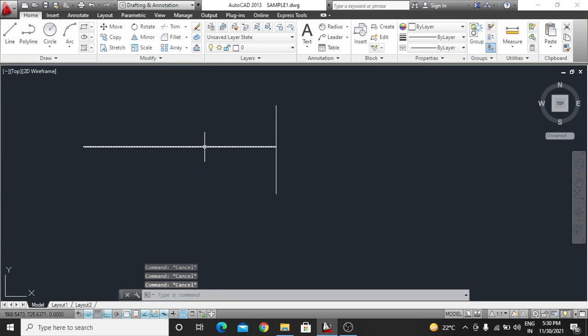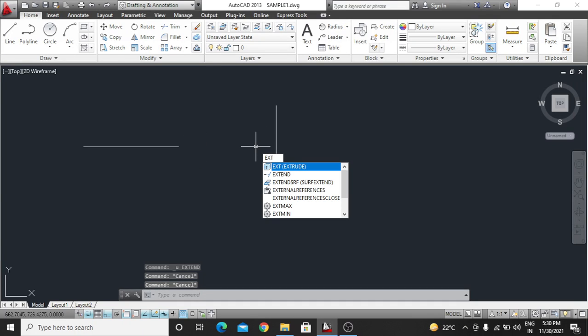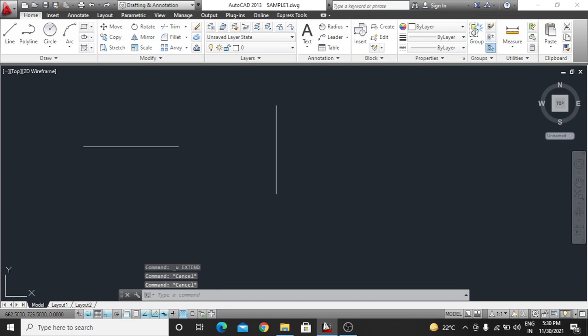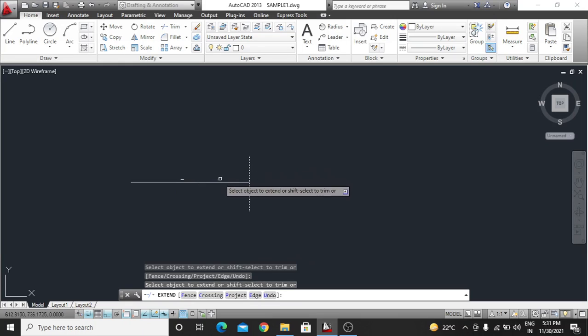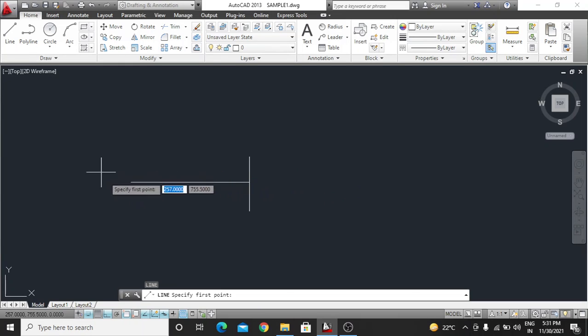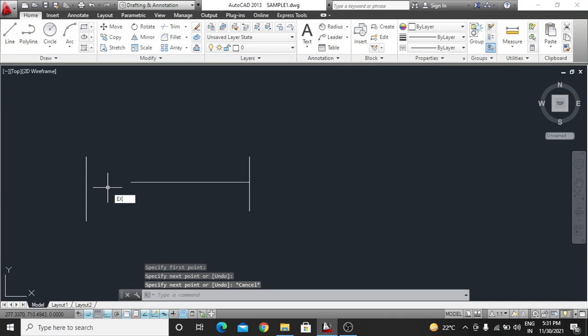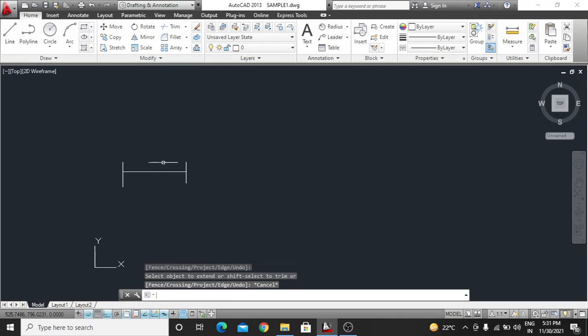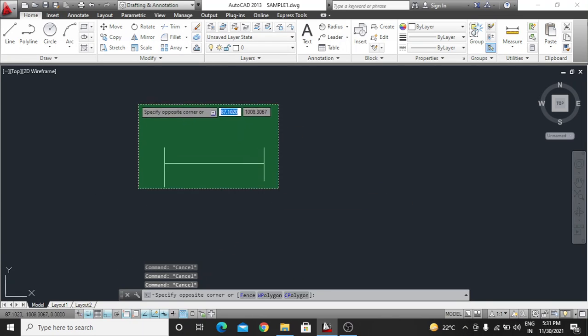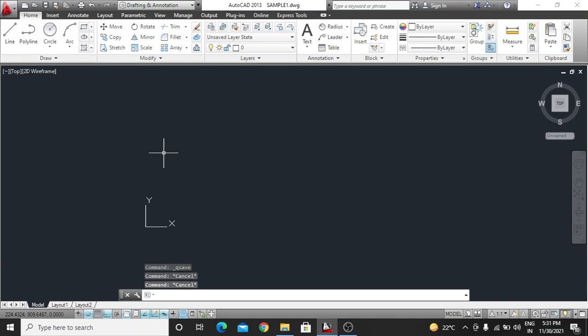See guys, first you have to select the destination. Here we also have the extrude command. So select the destination and again enter, then click on this. It will be extended. Again, if you have an object there, select the destination, click, enter, and click on this. So now it is extended. So guys, the extend command is basically used for lines only.